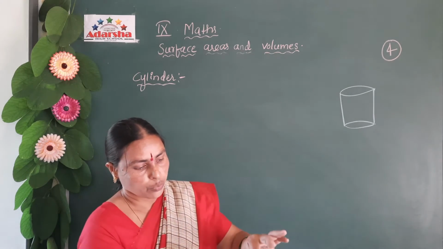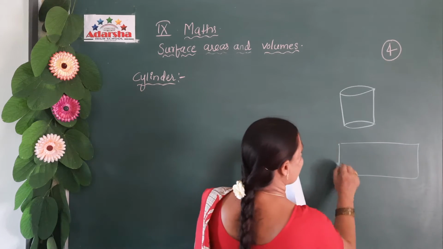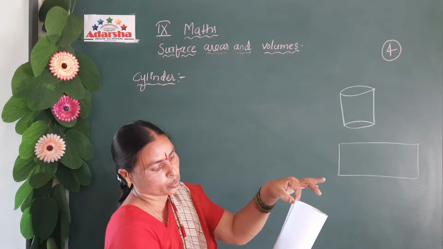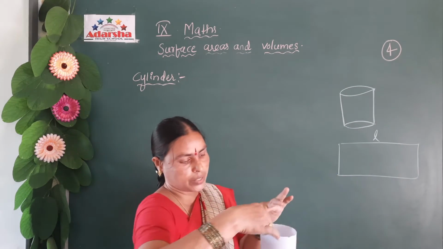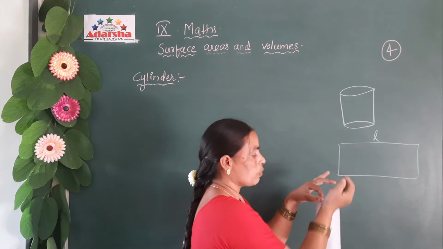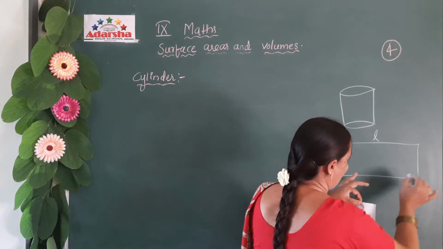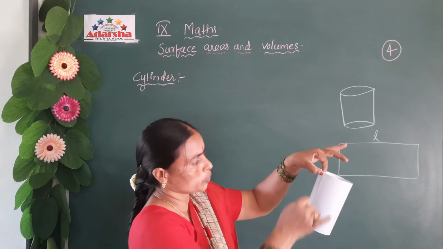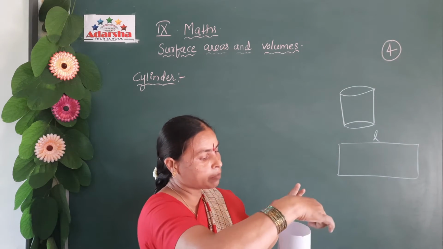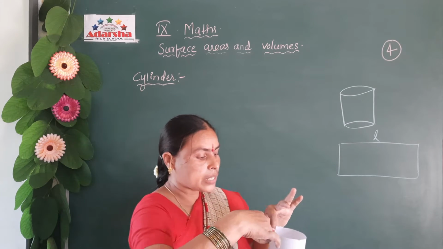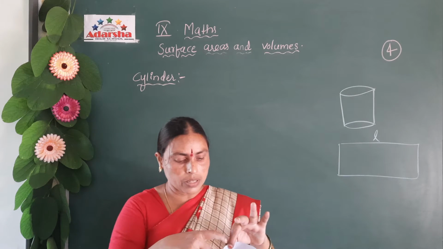And here this is the length of the rectangle. First we took a rectangular sheet of paper and folded it to make a cylinder, and this length becomes the circular face. This length, when folded, becomes the circular face and this breadth becomes the height of the cylinder. Yes or no? The breadth of the rectangle becomes the height of the cylinder and the length of the rectangle becomes the circular face, meaning this is the circumference of the circle. Here this is the circular face.